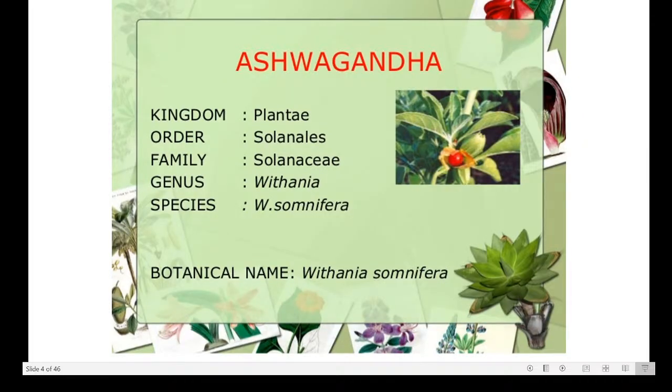Okay, next one is Ashwagandha. You all know the word Ashwagandha, but it is a very well known, well studied, well researched medicinal plant. It comes under the Solanaceae family, and it is called Withania somnifera. Many researchers have done research on this particular plant. I stress this because, if you are a researcher and have taken Withania somnifera for your research study,